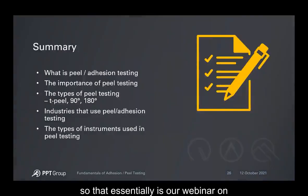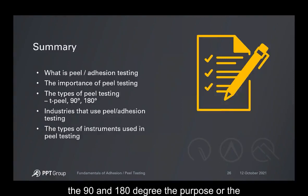So that essentially is our webinar on the essentials of peel and adhesion testing. So to recap, we reviewed what peel testing is. We discussed the importance of peel testing to determine adhesive properties. We've looked at the three most common types of peel testing. And while there are many kinds of peel testing in addition to the T, the 90, and the 180 degree,